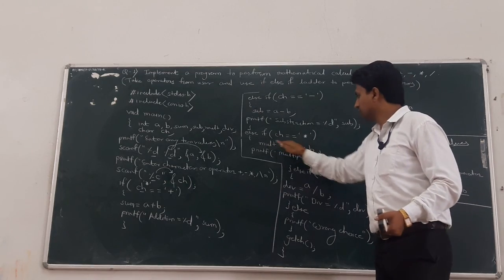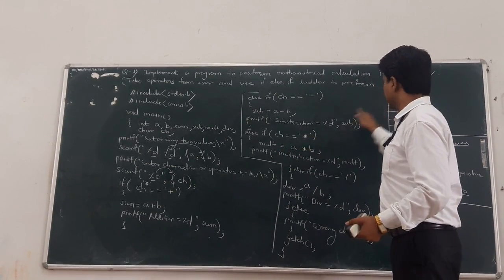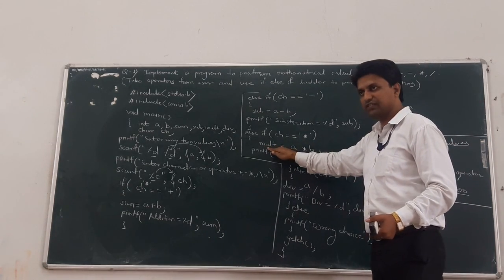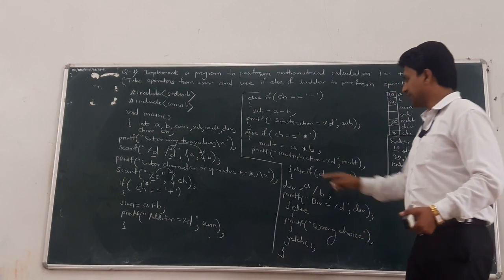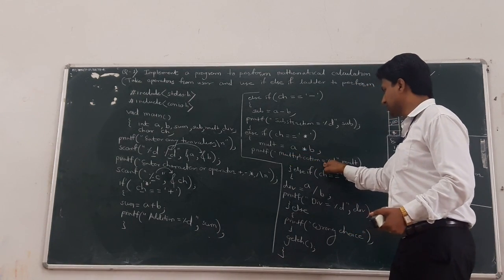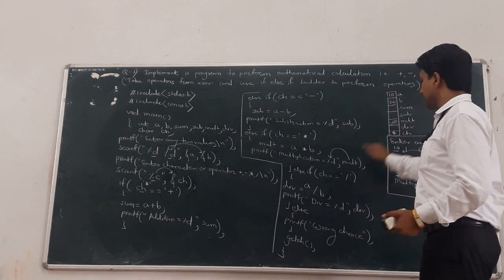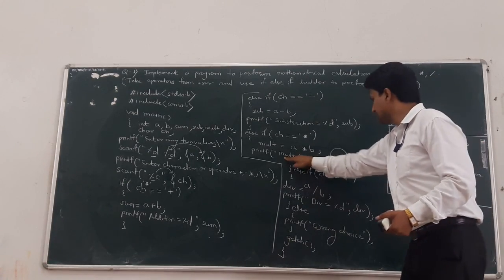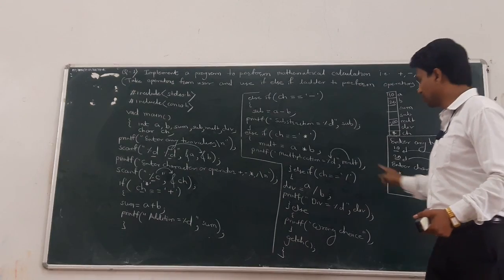Okay. So the value of A is taken from the RAM, 10. The value of B is taken from the RAM, that is 20. 10 times 20, that is 200, is stored into the multiplication variable. Again, multiplication is equal to, this is the message, and whatever value is inside the multiplication variable is printed here instead of percentage d. So the message multiplication is equal to 200 is displayed on the console.